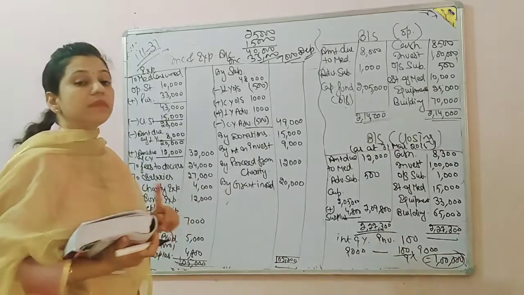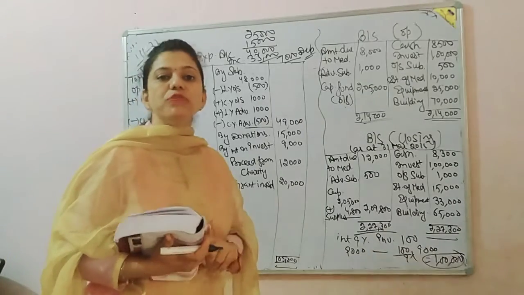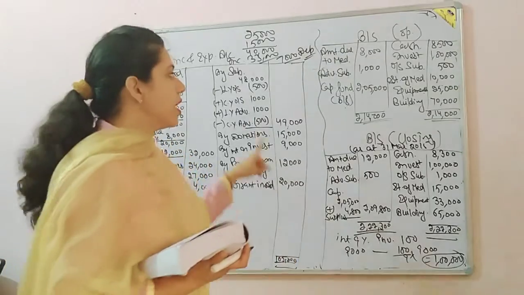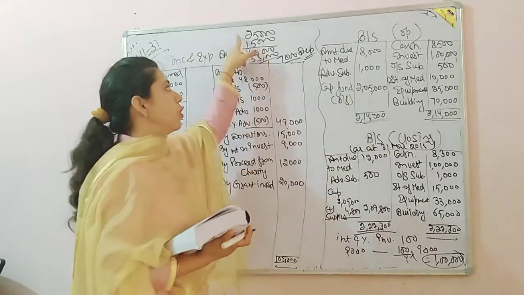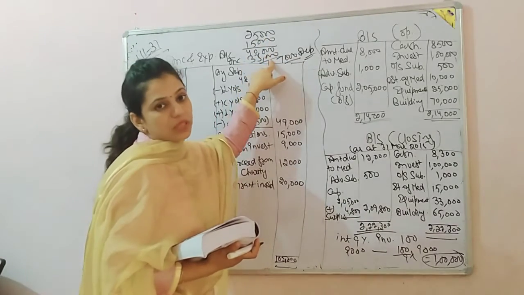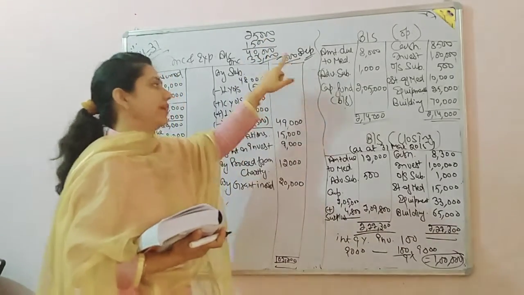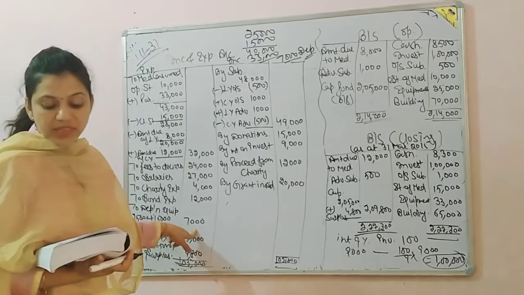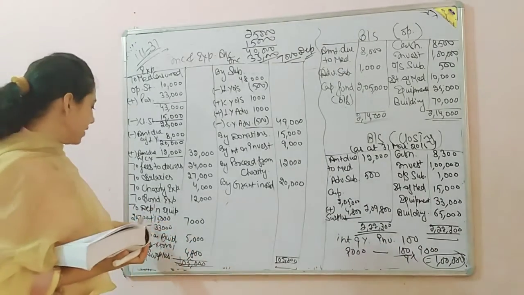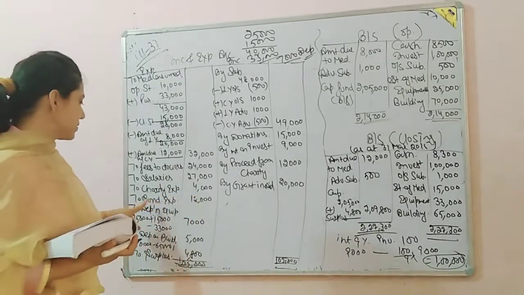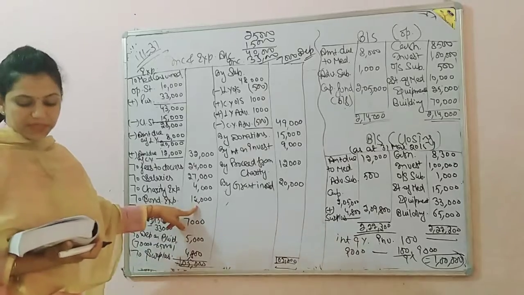Keep it in mind, when opening and closing balance of an asset is given, that means depreciation is hidden in the question. How will you calculate? Opening value plus purchase minus closing value or sale. Then depreciation 7,000 will be on expenses side. Next is charity show expenses. Again we will write here. Next is sundry expenses, so just in expenses side.